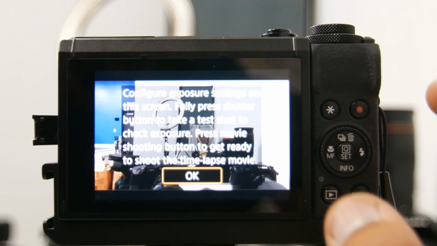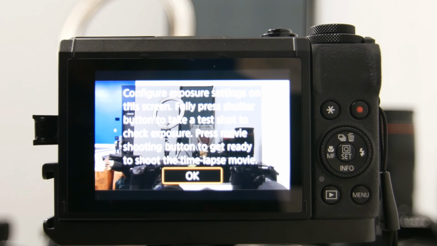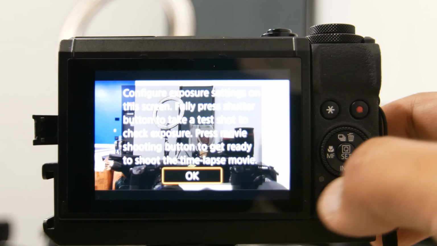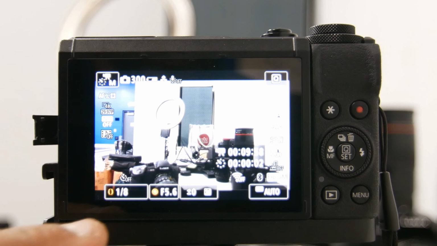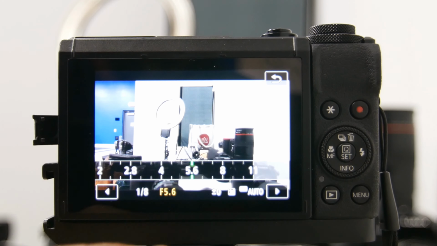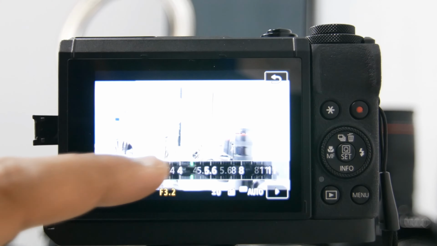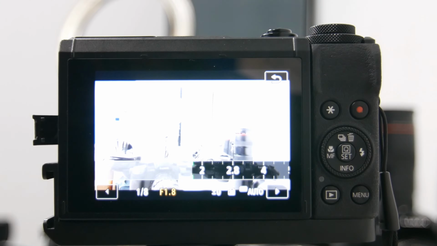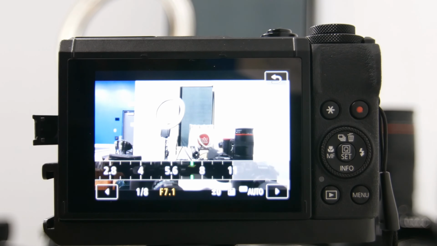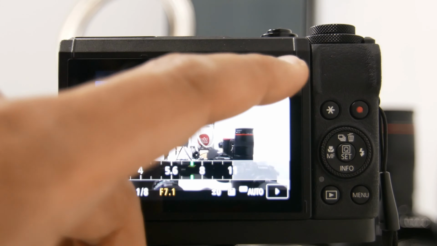Now, one of the things that I would recommend, you'll get this thing that says configure exposure settings, yada yada yada. Click OK. Now, once you've got your shot framed up, there's a couple of things that you want to pay attention to, right? Once you got your aperture, you can set your aperture to be as low or high, depending on your setting and depending on the kind of depth of field that you want to get. And then once you set the appropriate settings for that, so when it comes to your aperture, one of the things that you just want to keep in mind as you're doing your setup is that